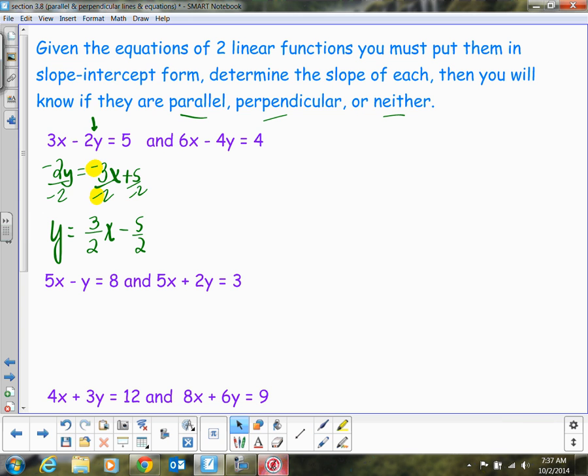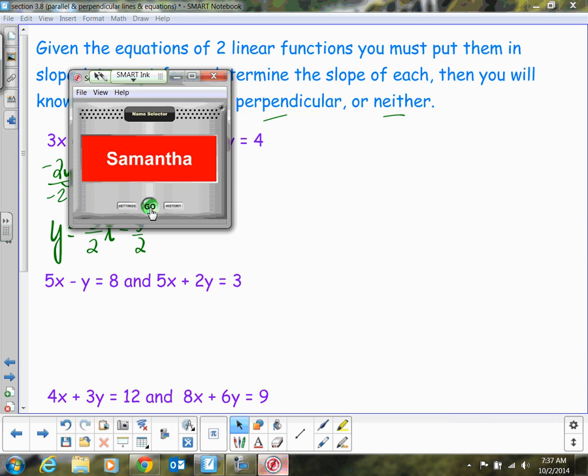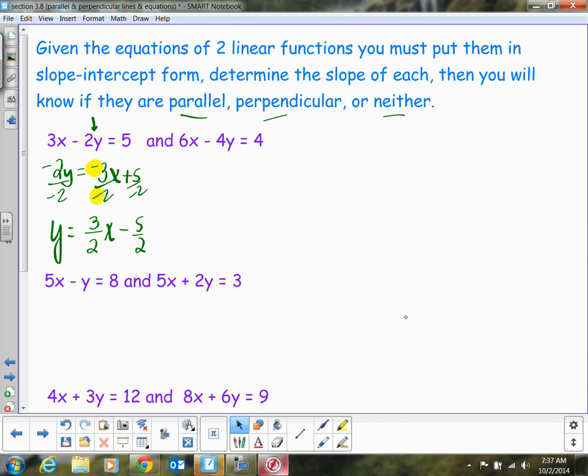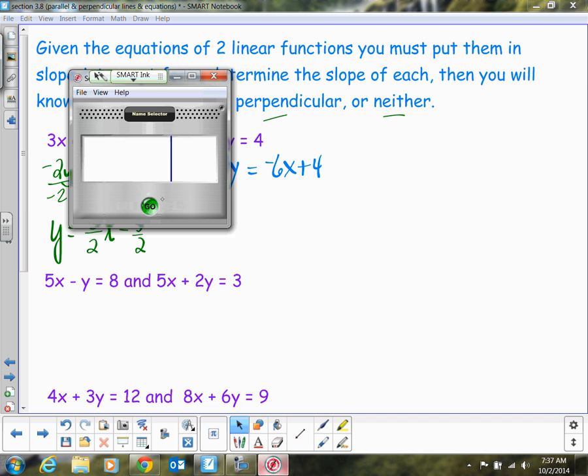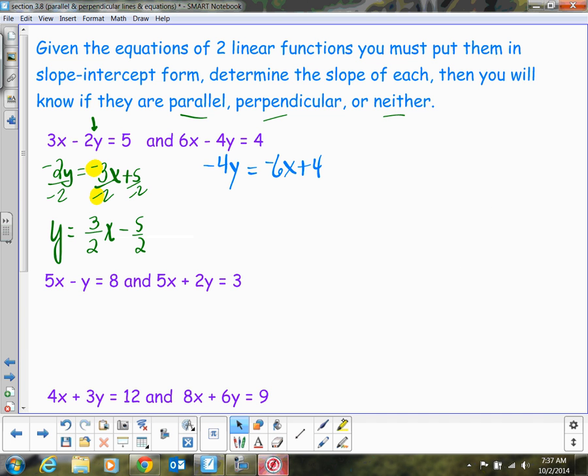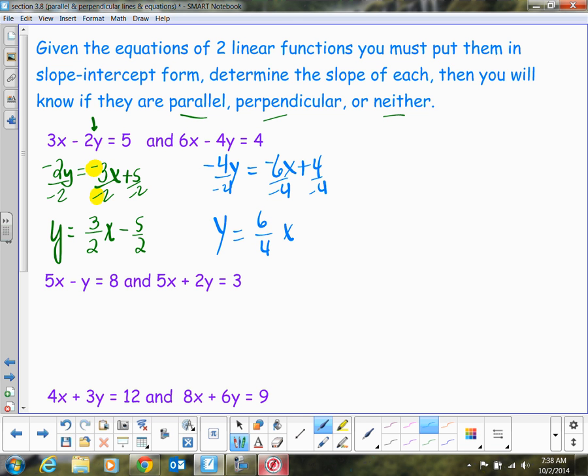All right, we need to get the other one in the same form, slope-intercept form. What's the first step, Devin? You can subtract 6x. We have minus 6x plus 4. We still, y is not by itself, so to get y by itself, you're going to do what, Jeff? Divide everything by negative 4, which gives you y equals 6 over 4 positive x minus